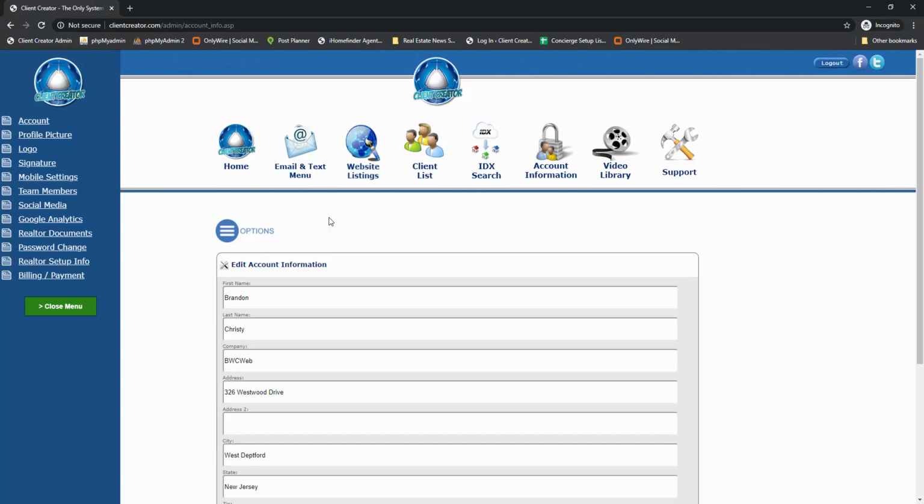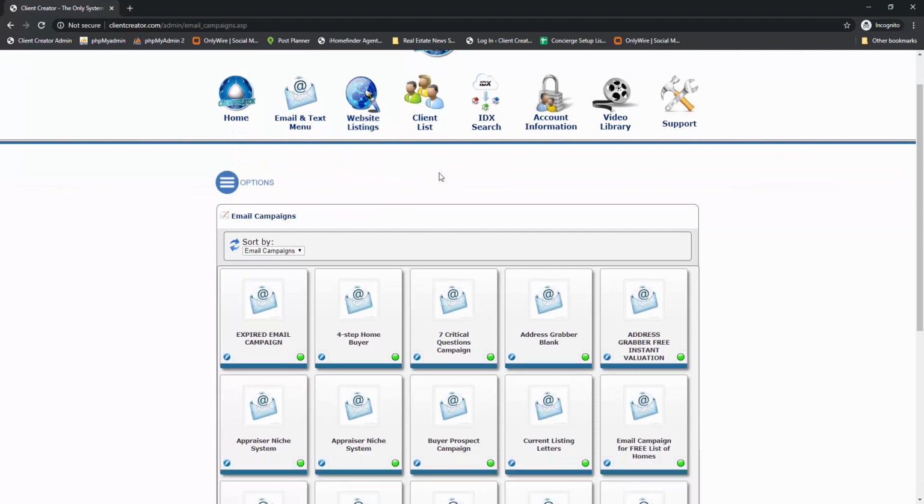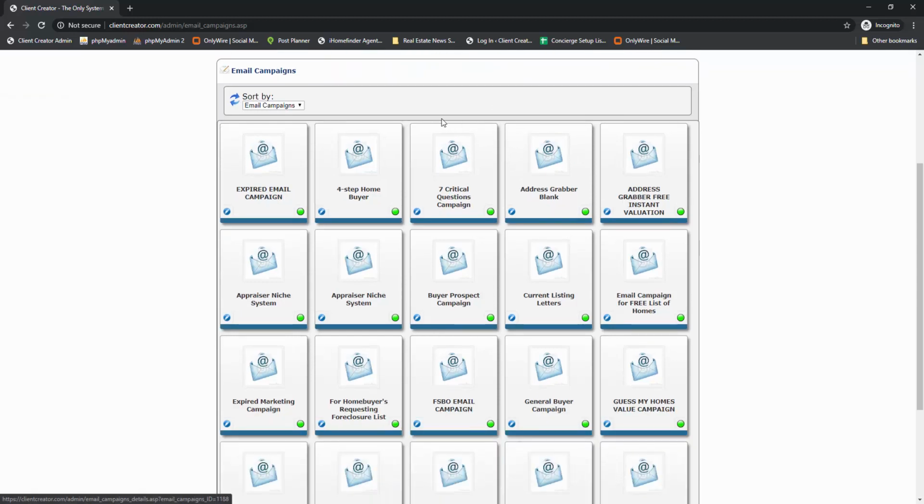Okay, I'm going to go over to the email and text menu. So when you click on this, it's going to by default bring up all of your email campaigns that we have on this system. So these are all of the types of email campaigns that are pre-written in our Client Creator program, and we've added them into each of your accounts. They are generalized. So we try to cover a multitude of possibilities, different types of clients, whether they're buyers or sellers, and Rand's done a terrific job